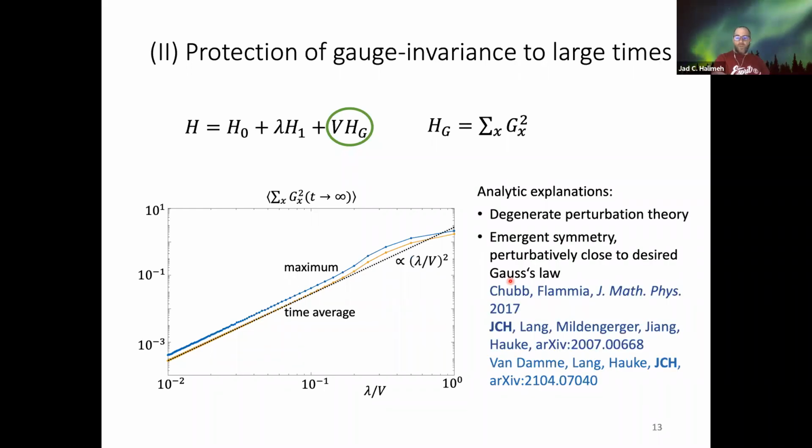Analytic explanations for the lambda squared over V squared can be derived in degenerate perturbation theory, which we have done in a PRL from 2020. We have an emergent gauge symmetry. Actually, we have two emergent gauge theories that we will discuss later that we can derive analytically. We also have other papers that have dealt with this in equilibrium by Chabl Flamia. And this is the paper where we introduce all this analytics, actually these following two papers, and we will discuss results from them in the following. So the final product here, I will show you this.